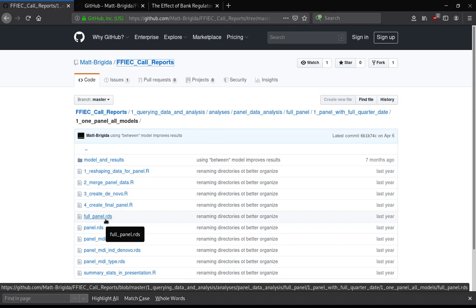full panel RDS. The reason this is stored as an RDS is that I'm running panel data models, which require objects of class PLM. So basically I'm saving this so that when it's imported, if you've loaded the library plm, it'll import it as an object of class PLM, which you can then feed directly into a